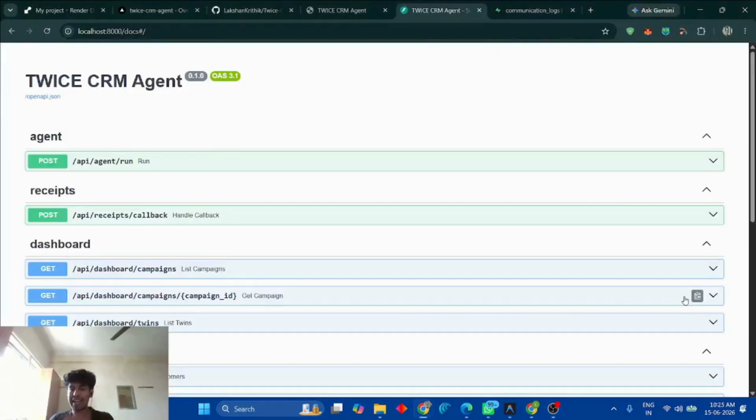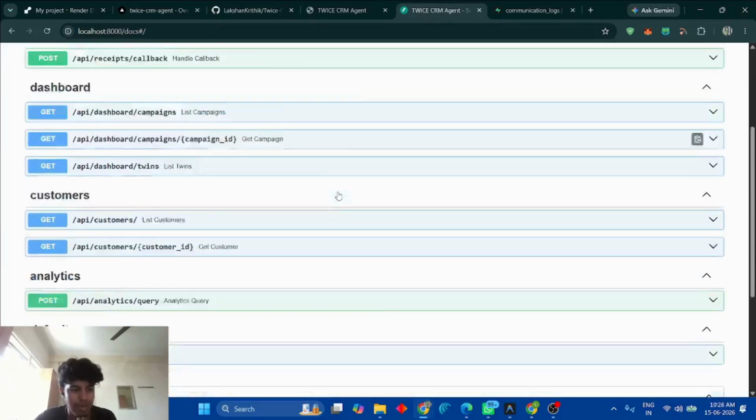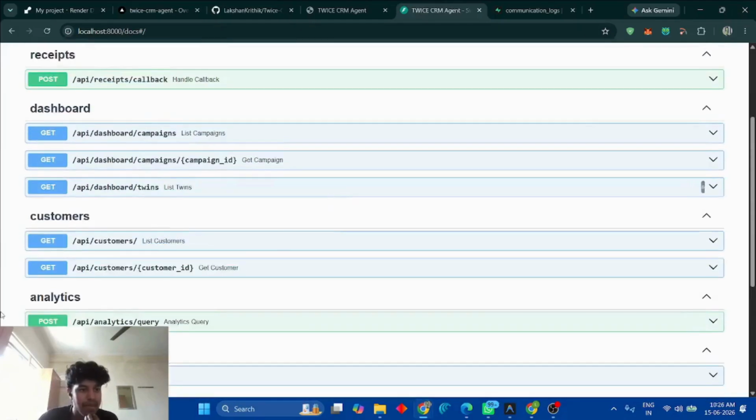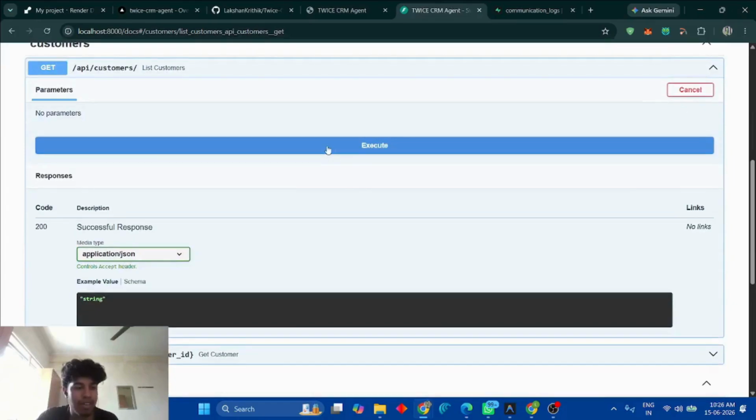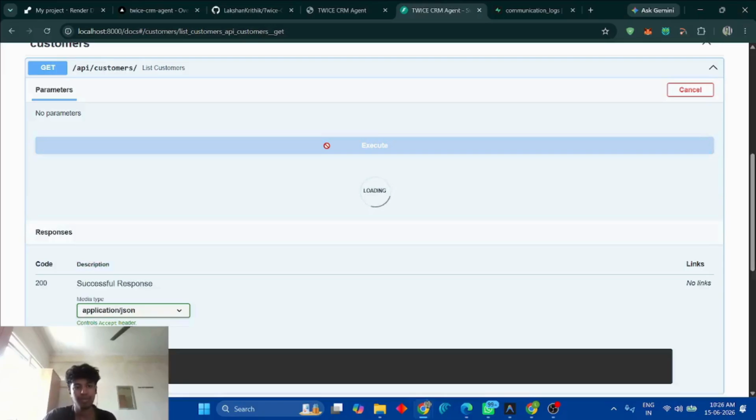So now moving on to the backend API, this is the Swagger. FastAPI generated this automatically from the code to check out all the endpoints. You can see all the routes cleanly organized. We have the agents, dashboard, customer analytics, everything out here. Let me just get the list of customers out here to show that the backend endpoints are working perfectly fine. So in the meantime, while it loads,